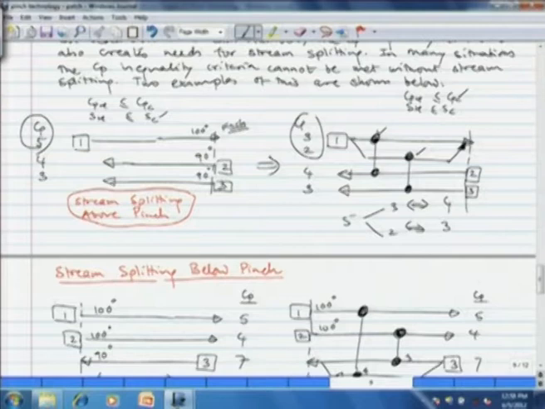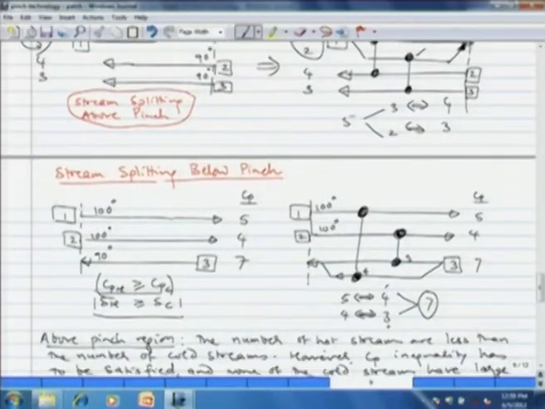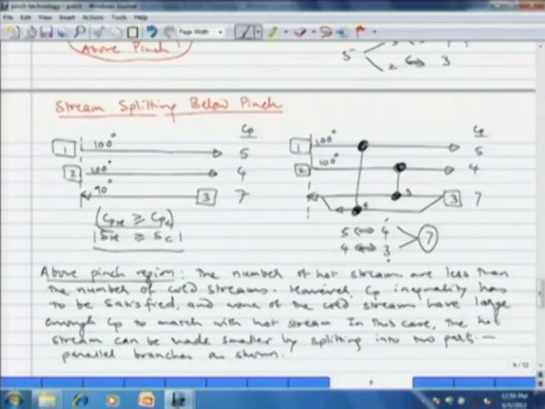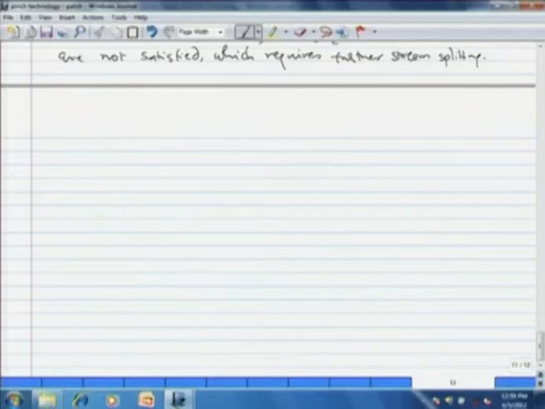Like the split into branches could be 4 and 1, and then it still satisfies because we have CPH lesser or equal to CPC. So we have one cold stream with CP equal to 4. So if this is CP equal to 4, it is still obeying the CP constraint. So the split could be 4 and 1, it could be 1.5, say 2 and 2.5 and 3, like that. So the splitting of the stream adds a degree of freedom, that point we note.